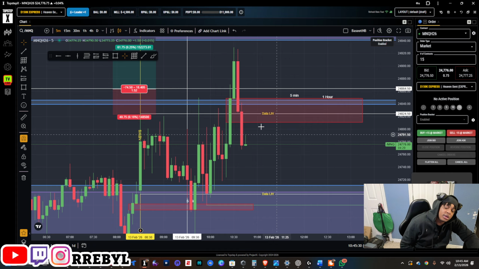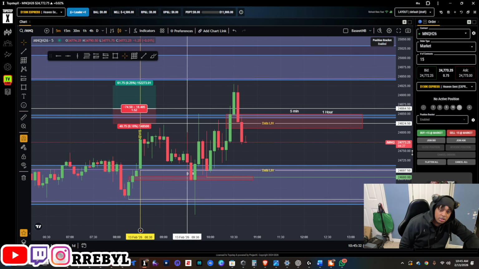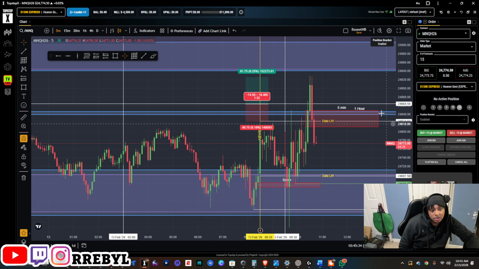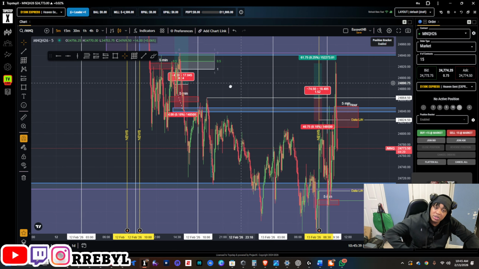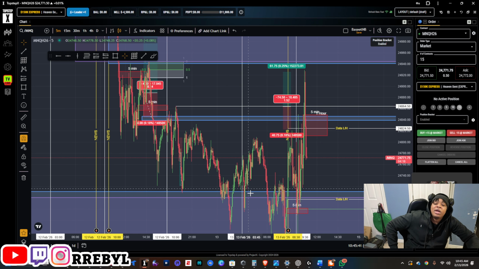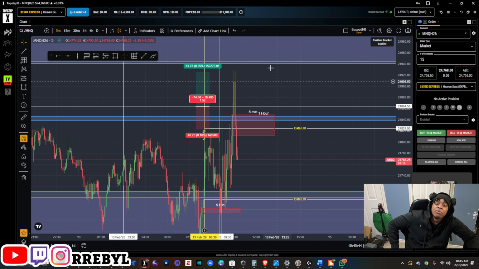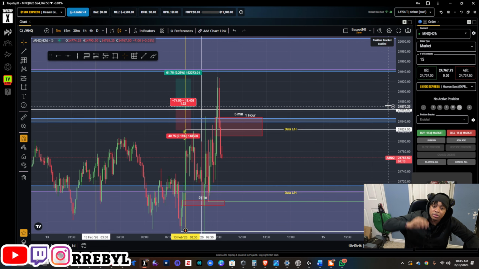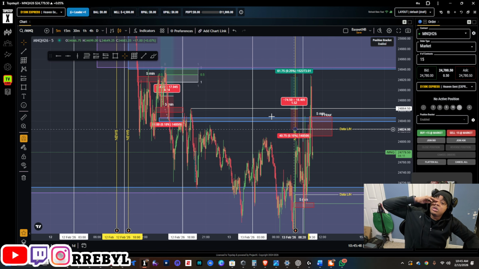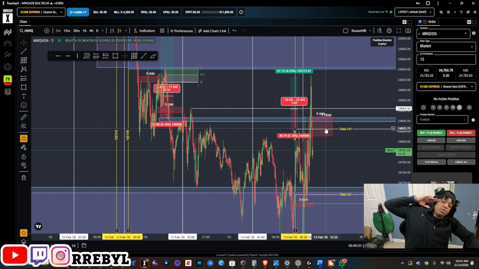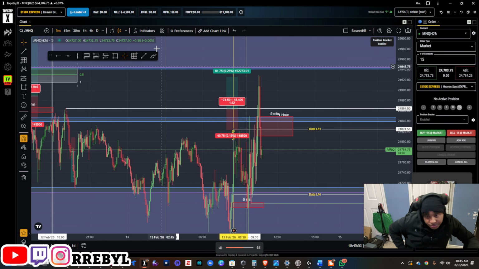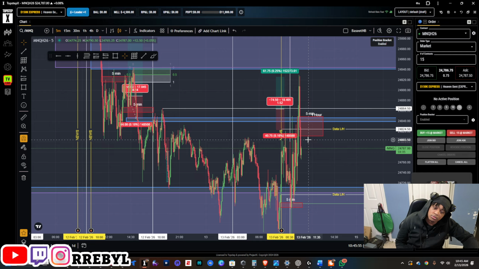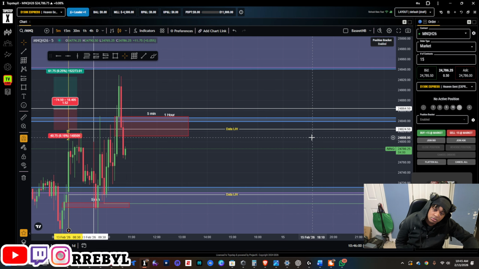But the way it went down yesterday, we haven't had any form of correction. Eventually it's going to go up, but all we did was continue to go down and down. If it manipulates and shoots further down, I'm not surprised. If it goes up from here, technically wouldn't this be a second respect of the inverse fair value gap there? Just that this one is after the break of structure.